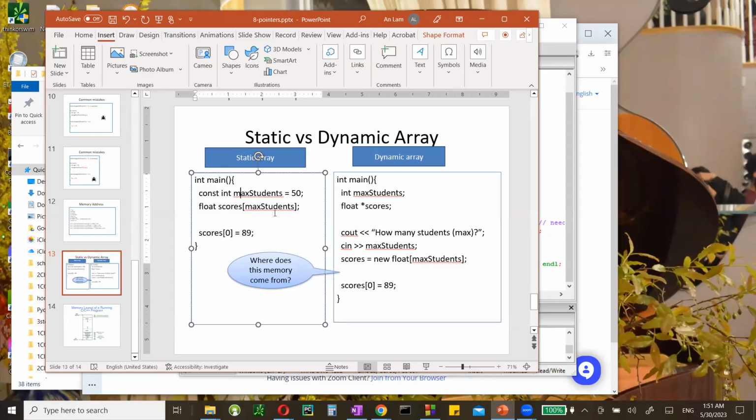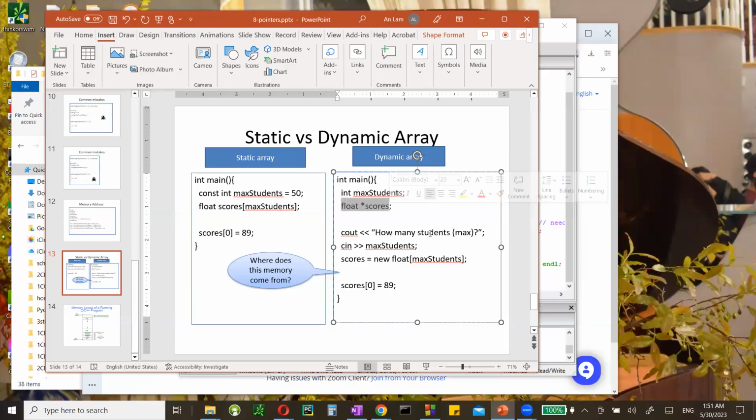These static arrays, we have to choose a number. We have to choose the maximum size. So on the right-hand side, we don't have to choose at compile time, but we can allocate an array that is big enough to accommodate the maximum number of students that the user tells us. And after these declarations, you can use this pointer variable like an array,